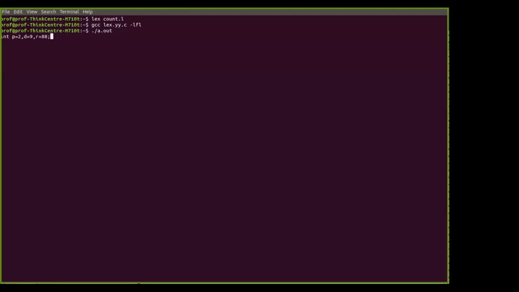Okay, so this is the input we have given to the lexical analyzer, the first phase of the compiler that we have designed and developed using the Lex tool. Let's see what output we will get. So this is the output we have got. You can easily see what output you are getting.